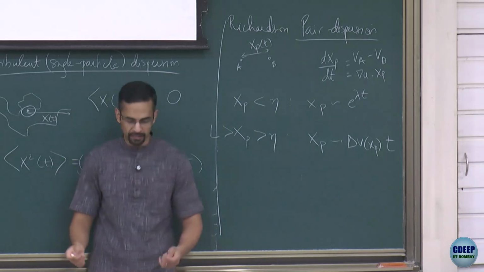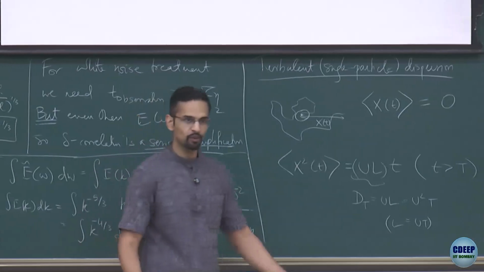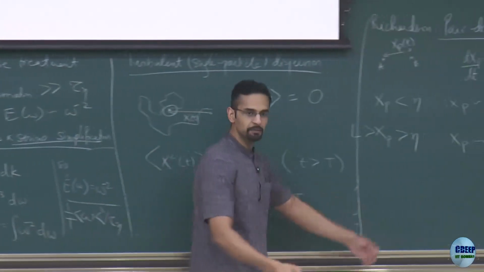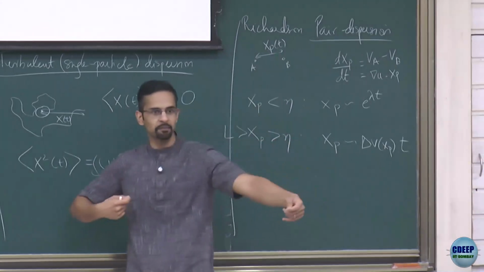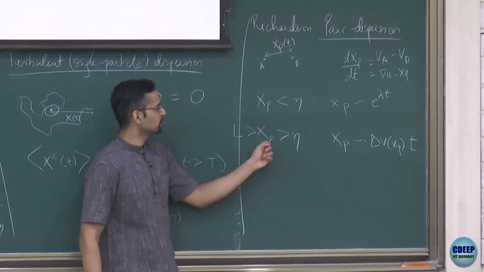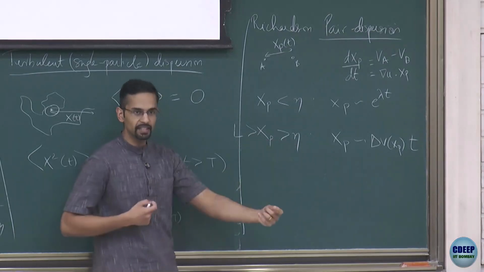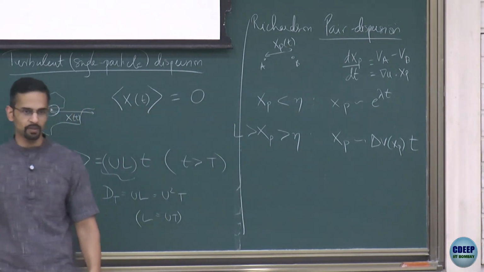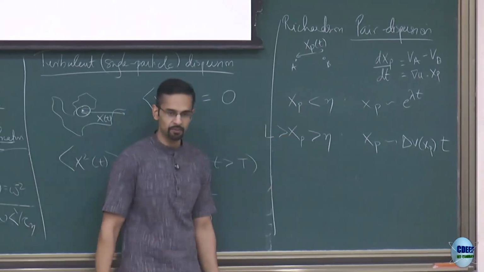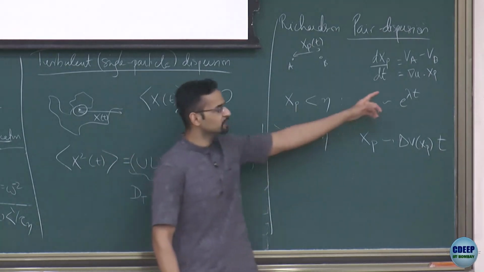So basically what I'm saying is that I'm not going to think of it in terms of a differential equation because my flow is not smooth, but I can still look at increments of my position xp, how they're separating, and at any big jump, because my times are constrained to be big now. So I'm not writing time here, but the fact that I'm looking at distances greater than eta also means I'm taking time steps in the inertial range of times. So I cannot think of a differential equation anymore. Here I could make my distance and time as small as I like. That's why I wrote a differential equation.